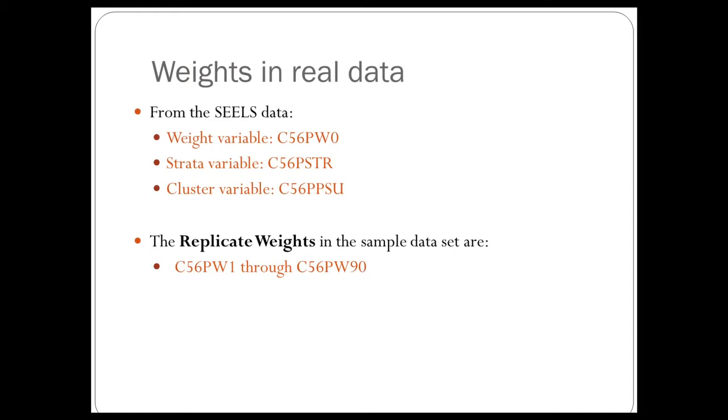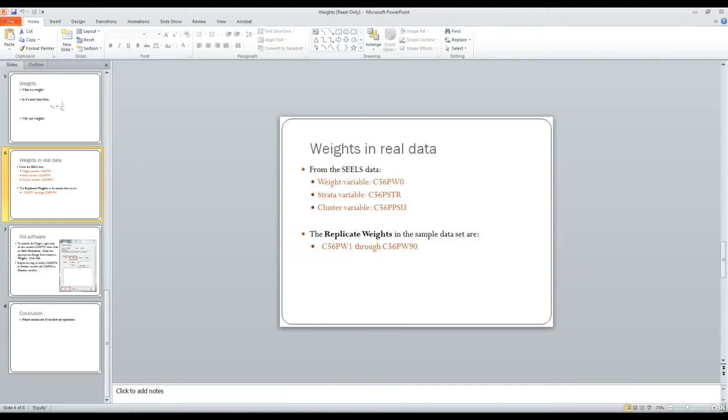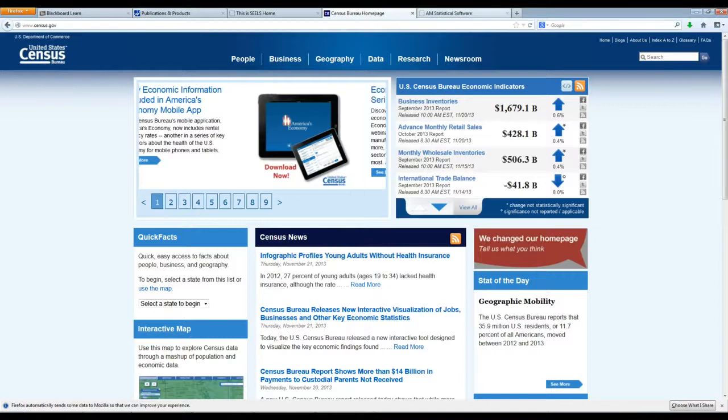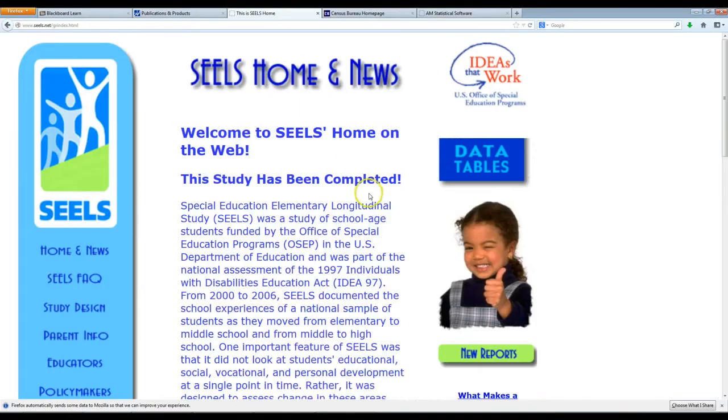So, using some weights and real data, this is data from the SEELS. I think I have that website open. Yeah, the SEELS, which is the Special Education Elementary Longitudinal Study, for the cohort of elementary school age students receiving special education services from 2000 to 2006. And from that data,